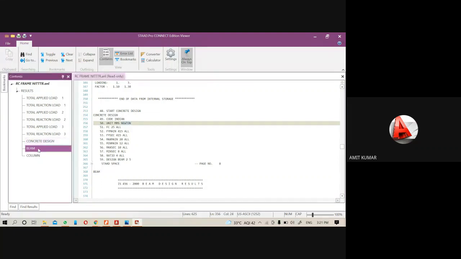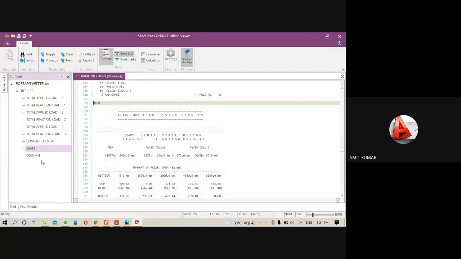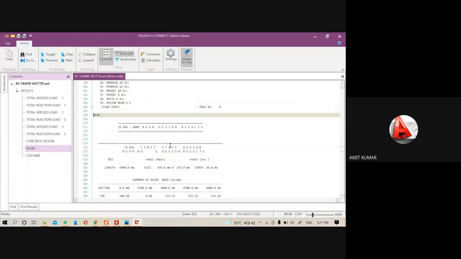Then just double click on the beam. You can see for beam number 2, concrete grade was M25, FY was 415. Now see the cover value. In the beam we will get the cover value between 25 to 30 mm, so you can see the software assigned the cover value 30 mm.